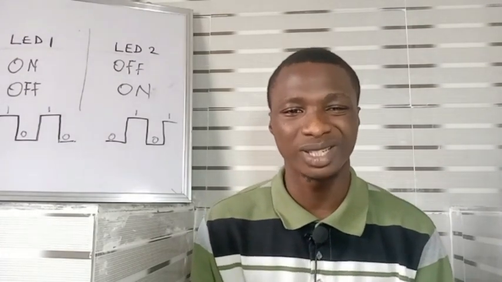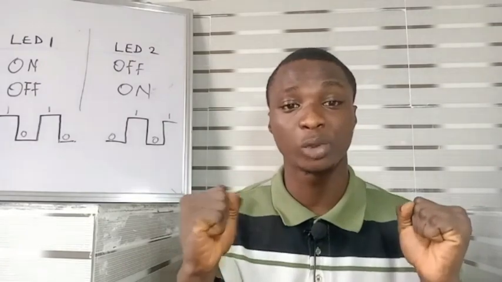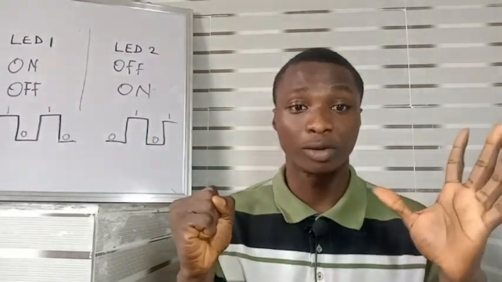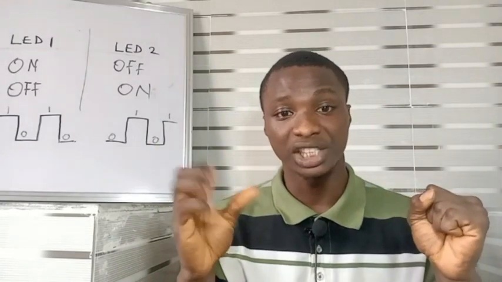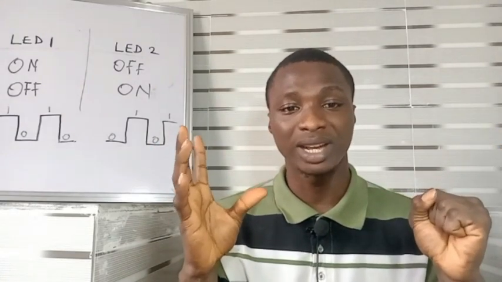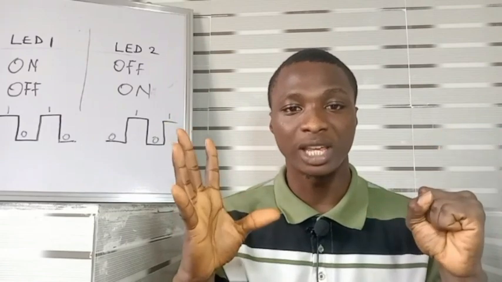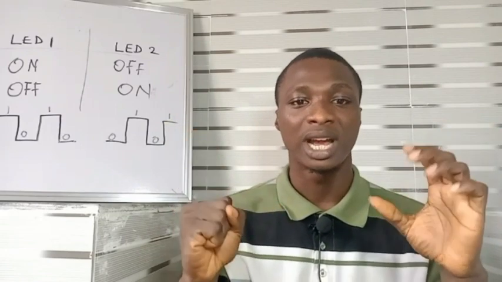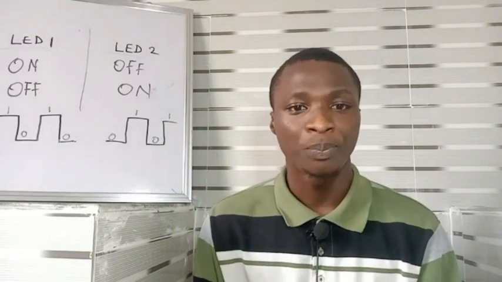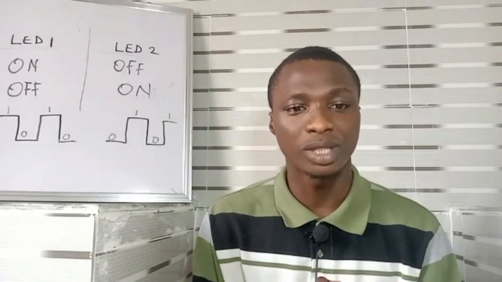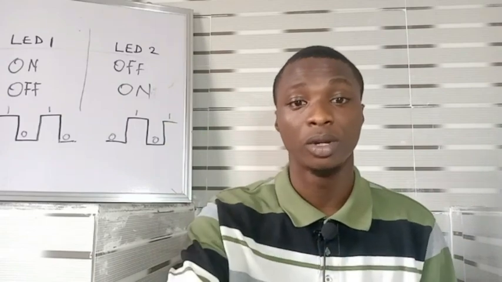So what this means in essence is that we are going to have two LEDs, and the first one will flash, it goes off, the second one flashes, goes off, flash, flash, flash. So whenever this one is on, this one will be off. Whenever this one is on, this one will go off, and they keep alternating continuously as long as the circuit is powered on. But before we go into building the circuit, it's good we understand the working principle of the